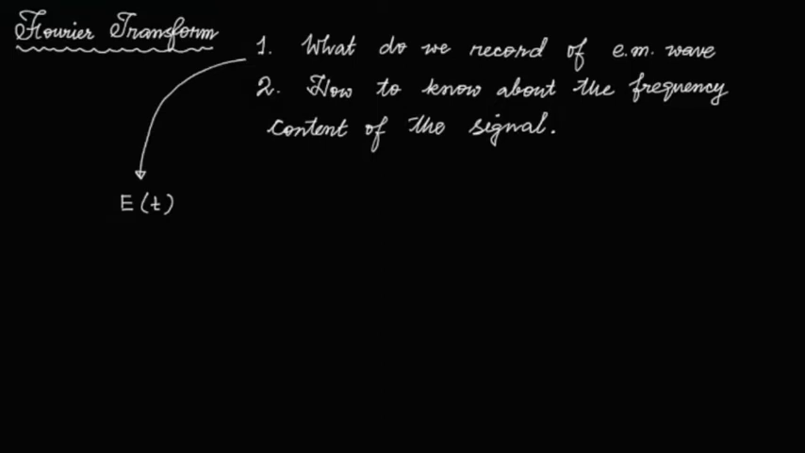Now that answers the first question, that this electric field as a function of time is what I record. How the electric field is changing with time. Intensity is the mod square of this. Remember that electric field as a function of time. So let's say that I have a monochromatic radiation,